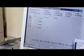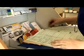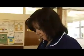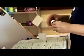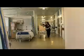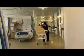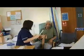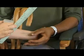Information about me, my information. Even though it's used by lots of people, for me to have the ownership of it, I think is extremely important. If the NHS give us more information about it, more education about it, the fear the people might have a little bit will go. I think people will probably